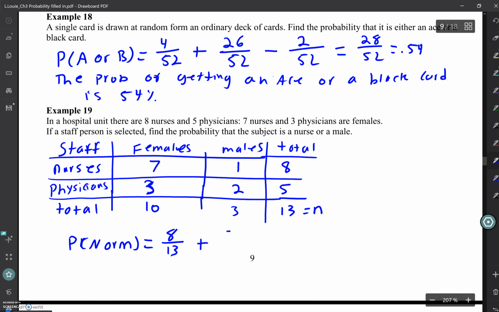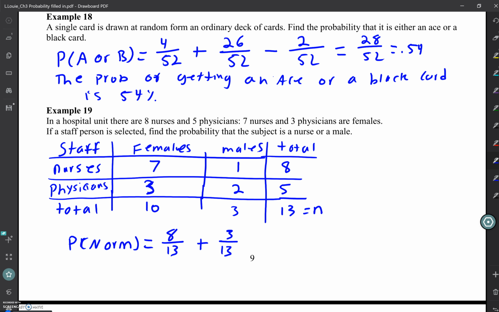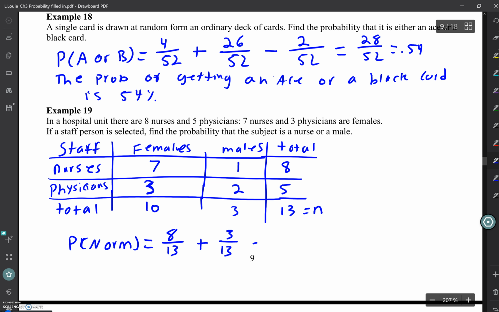How many total males do I have? 3 out of my 13. Have I double counted anybody? How many? One of them. I double counted this column right here with the one male that's also a nurse. So we'll subtract that out. And what are we going to get? 10 out of 13, which gives me